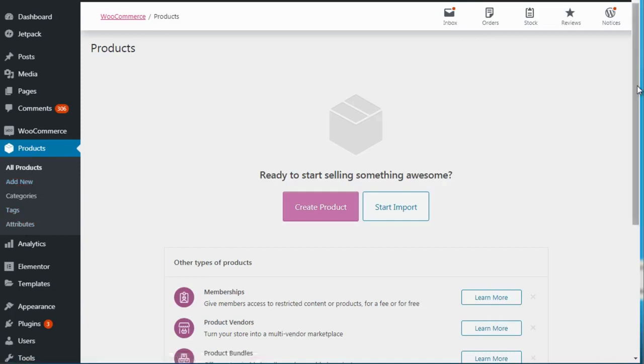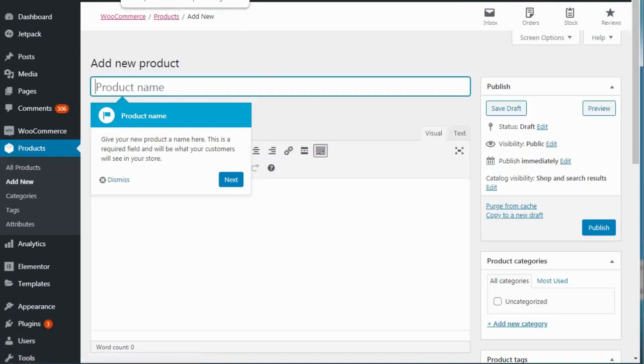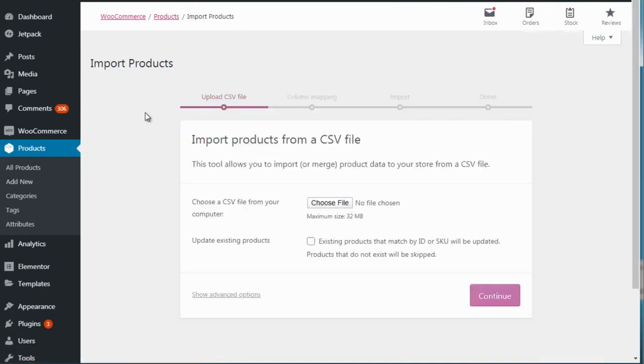So to create a product, there are 2 different ways. You can either import them by utilizing this. Let's say, for example, that you have 100 different products, and creating individual products over and over and over again is just going to take a lot of time. So to do that, you can either click create product or start import. I'm going to go ahead and click create product, but I also opened a different tab with the import products